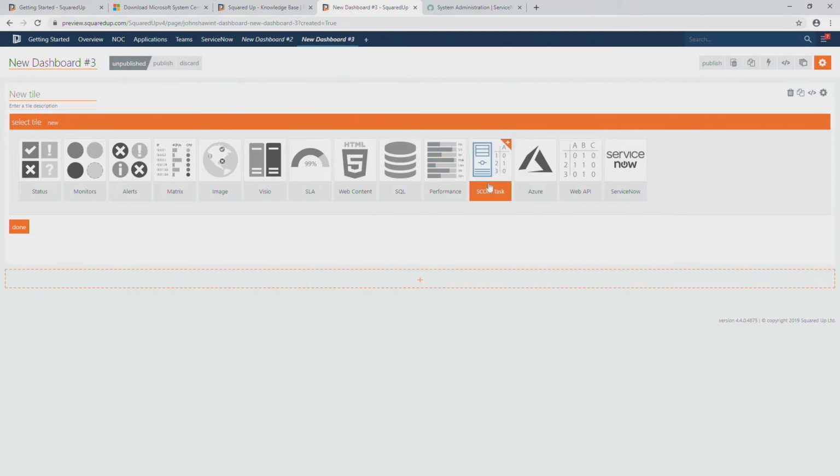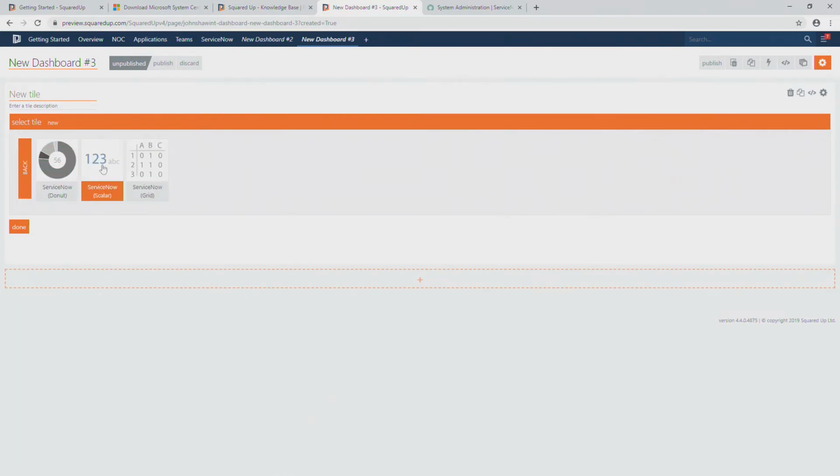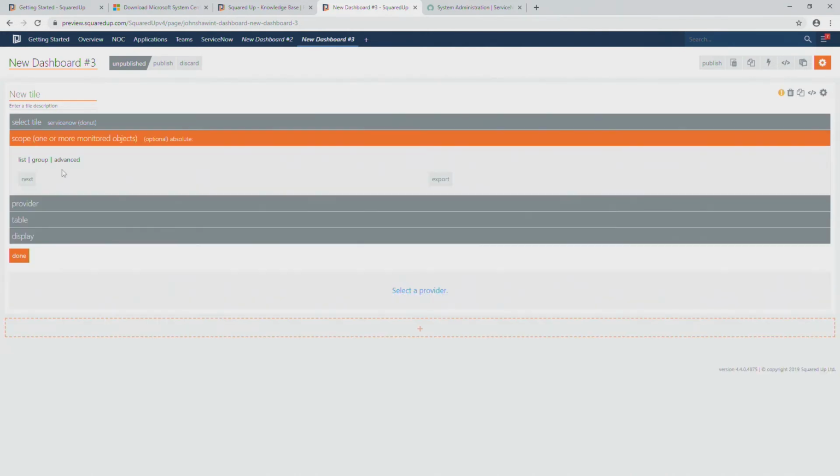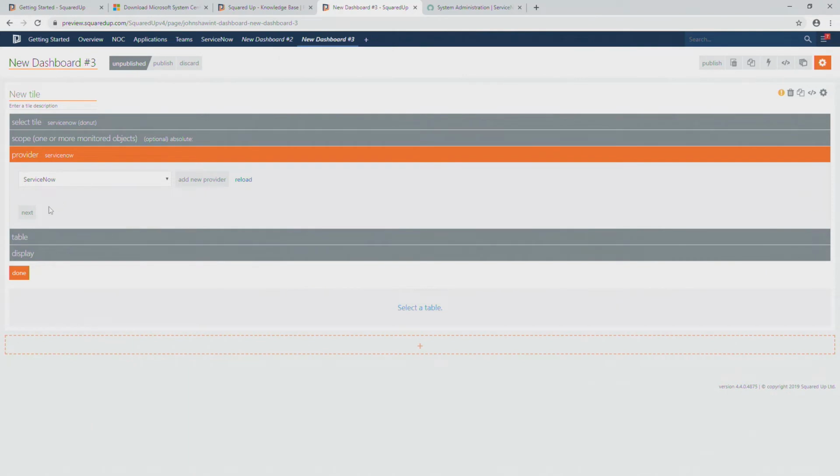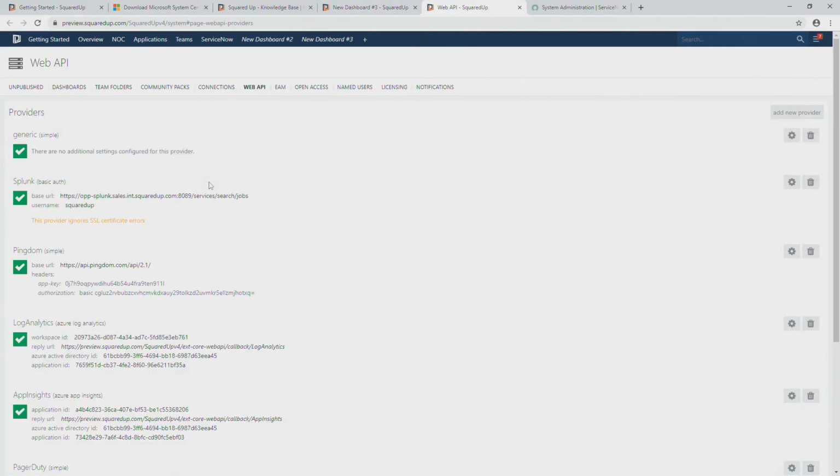So you'll see we've added a new tile type, ServiceNow. You can then select whether you want to do a donut visualization, a scalar, or a grid. So we'll choose a donut for now. You can scope it to a particular object, or you can just leave it unscoped, in which case it's going to pull everything out. And now this is the one bit of work you're going to have to do. Here you're going to need to actually set up for the first time a new provider. So if we go in to select a new provider,